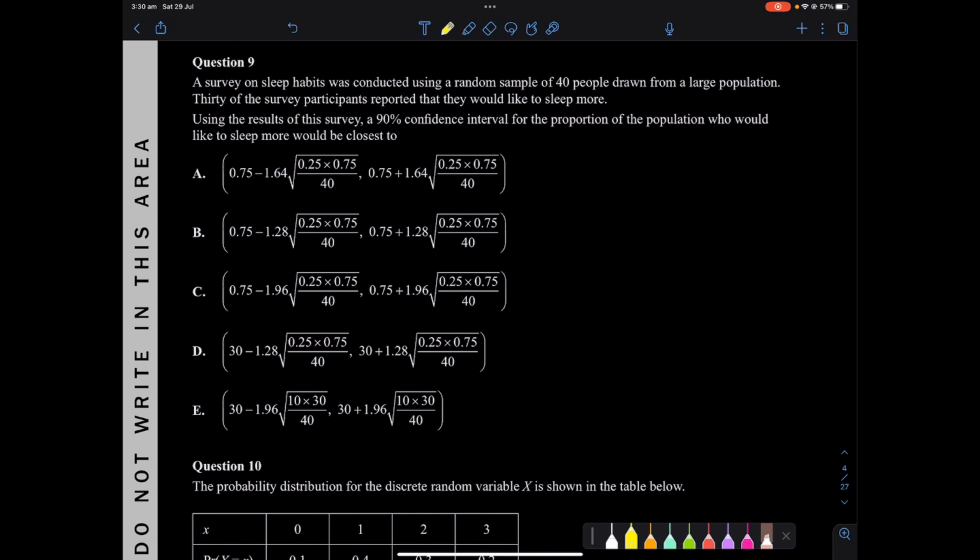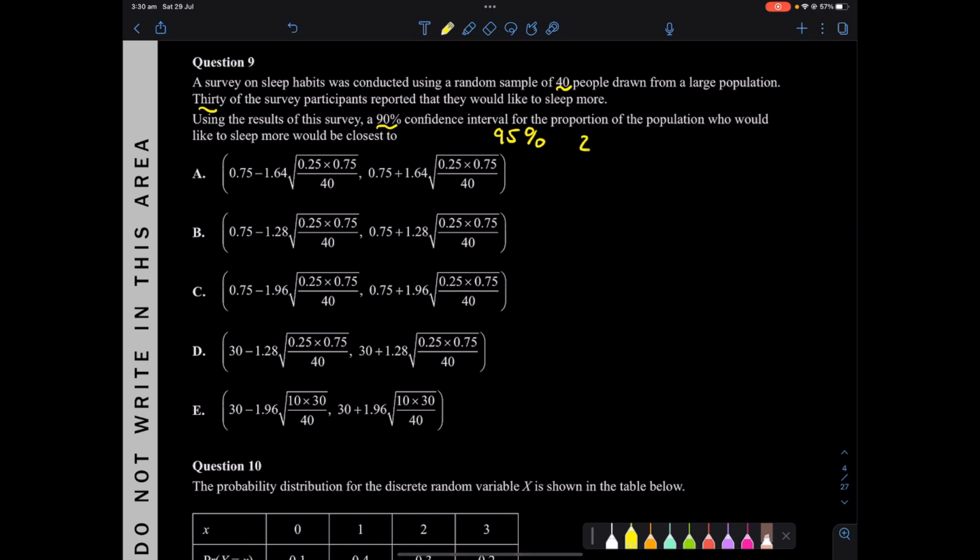A survey on sleep habits was conducted using a random sample of 40 people, drawn from a large population. 30 of the survey participants reported that they would like to sleep more. Using the results of this survey, the 90% confidence interval for the proportion of the population who would like to sleep more would be closest to... Okay, we know that normally they always say 95%, and 95% tends to be like the